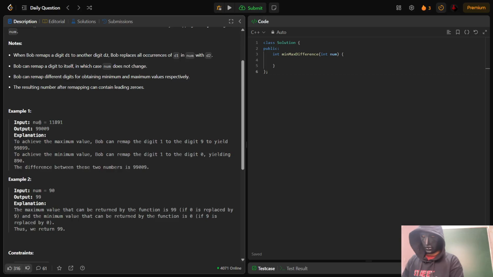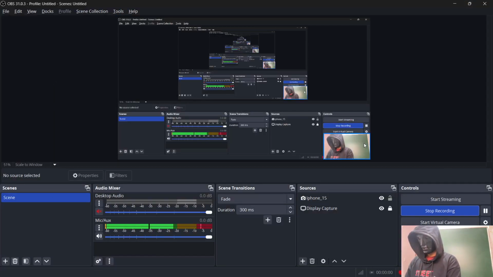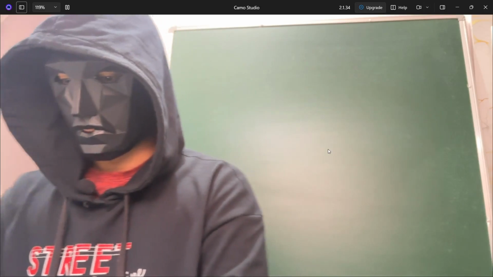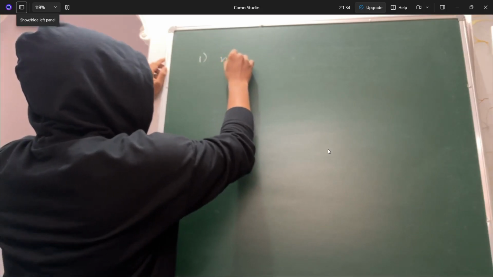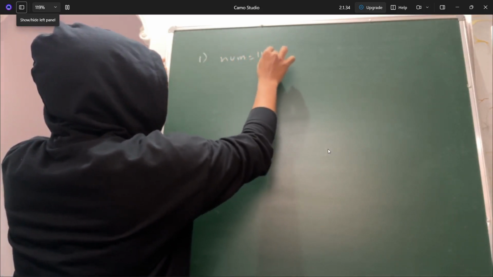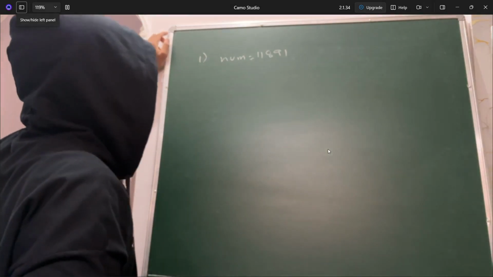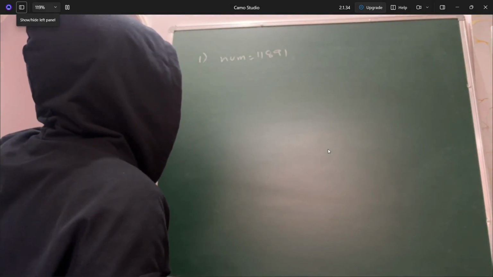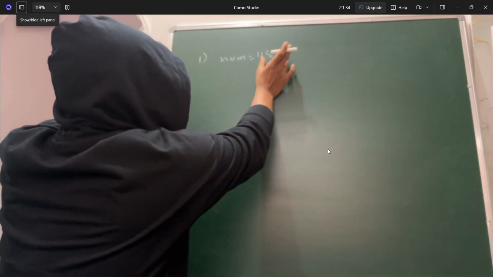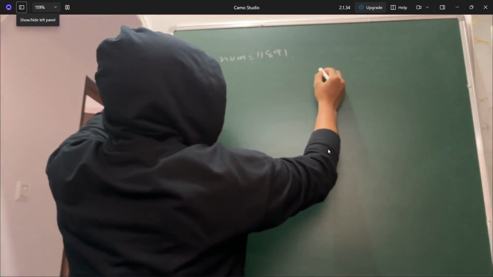Let's try to understand the example. The num they have given is 11891. Let me take you to the board. So the first example is num 11891. They are asking us to replace any one digit such that the number gets maximum,